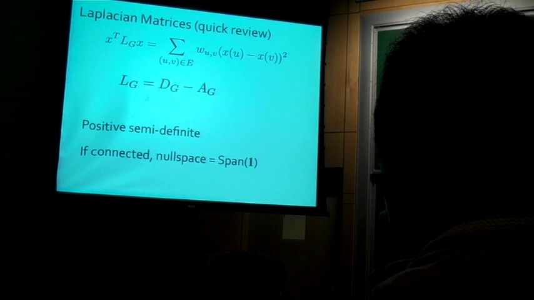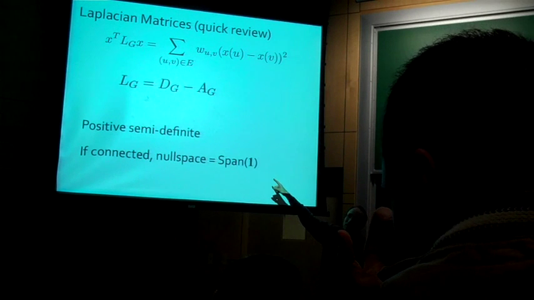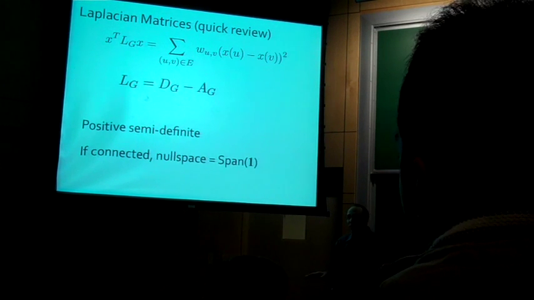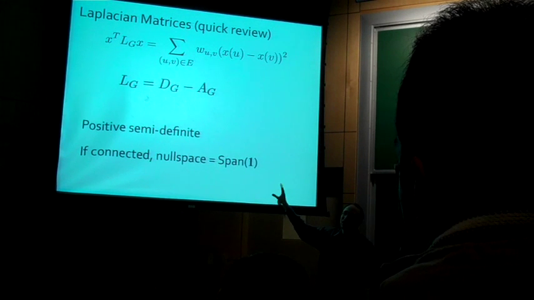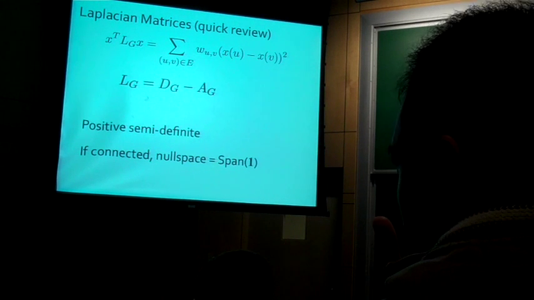That is, if you get from any vertex to any other vertex by a path, then the null space of the form is just the span of the all-ones vector. And if there are different connected components, you take the constant vector on each of them and that will span your null space. We'll always look at connected graphs. And as a matter of fact, I'm going to usually forget that there's a null space. You might see me writing the inverse of the Laplacian. Don't worry, I mean the pseudo-inverse. So just work orthogonal to the null space and we'll be fine. Because we know what the null space is, it doesn't pose an obstacle.